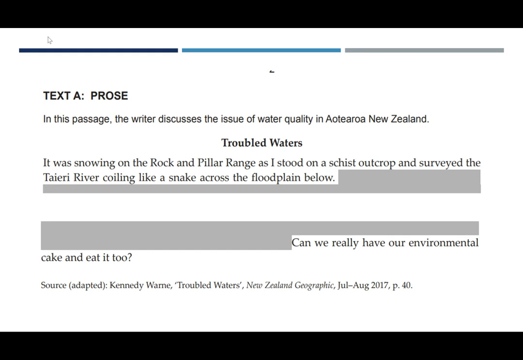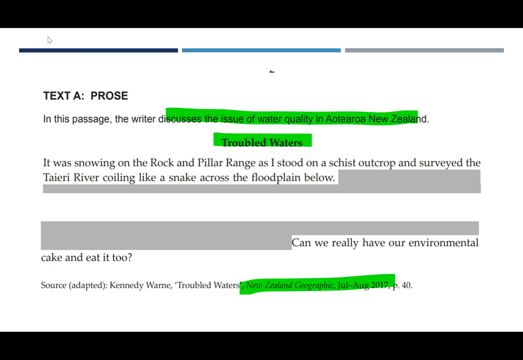The writer discusses the issue of water quality in Aotearoa, New Zealand, and the title is Troubled Waters. And the source, if you look down the bottom of the screen there, is adapted, which means it's an edited form of something by Warren Kennedy called Troubled Waters that appeared in the New Zealand Geographic in July-August edition of 2017. So if I was reading it, that's the stuff that I'd be looking for,